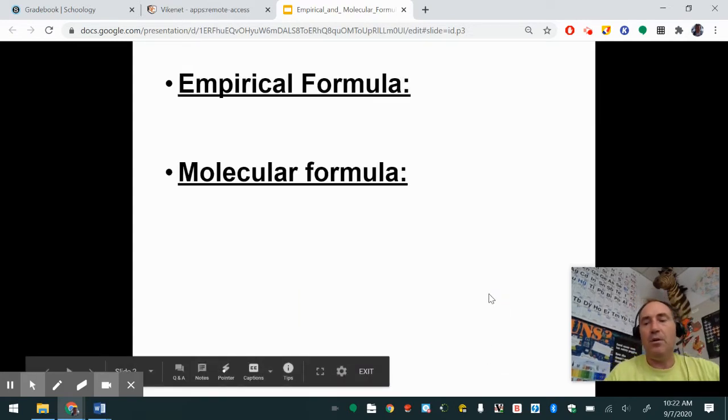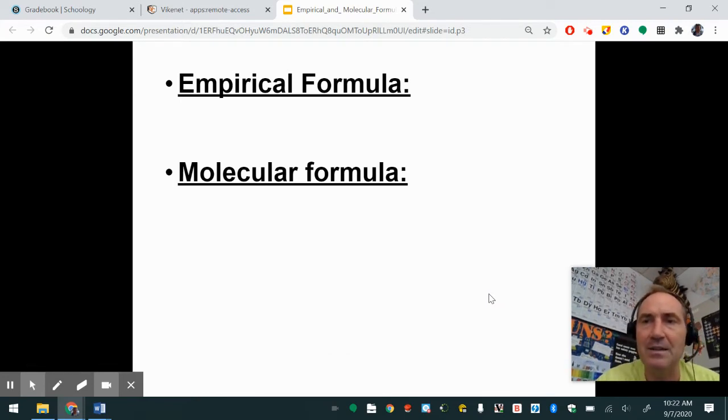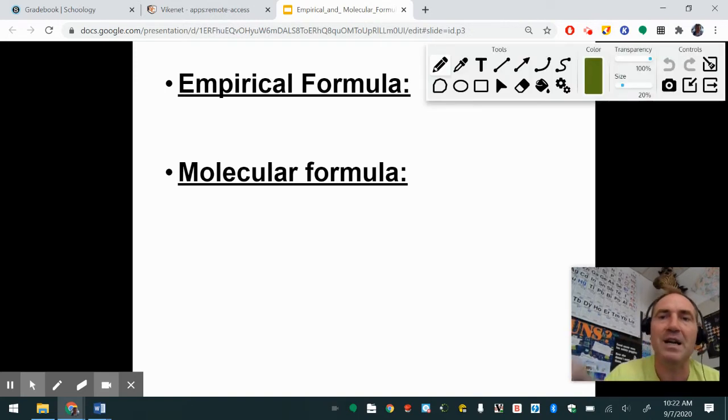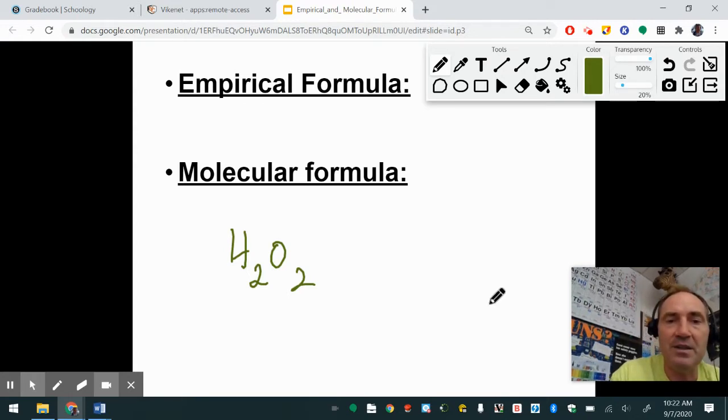Okay, so this was on the very first chapter, but you're going to run into this a lot. So it's an important concept to know. A molecular formula would be something like this. They're going to give you the whole thing, like H2O2 is hydrogen peroxide. This is the formula in its whole form. Now, when you're dealing in a lab situation, sometimes we work in ratios. And if I were to look at the simplest whole ratio, I would get the empirical formula, which is the simplest formula,